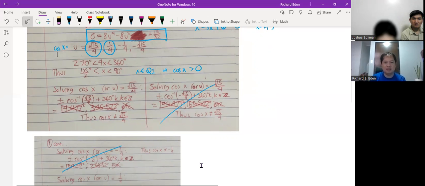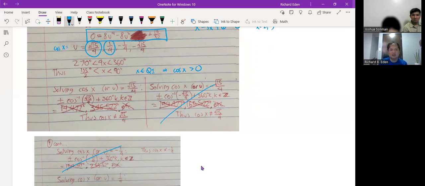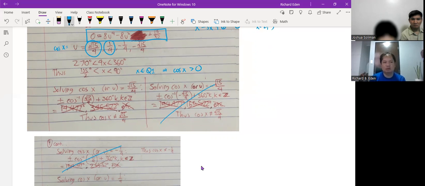You eliminated square root of 15 over 4 because its cosine inverse would be, well, the cosine inverse of square root of 15 over 4 would be these angles,